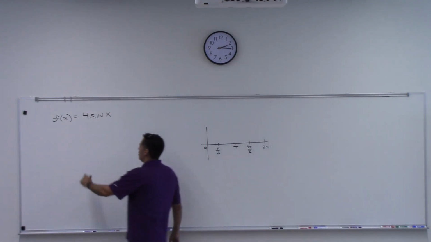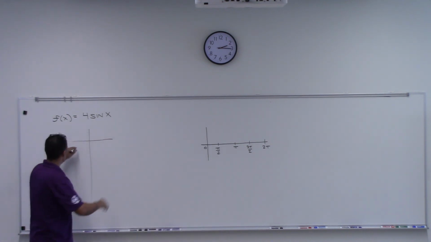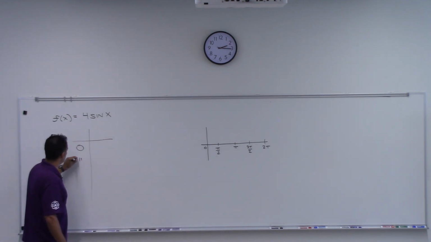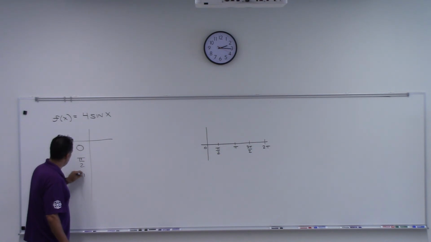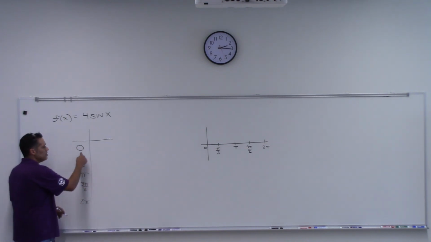So think about what a t-table would look like here at our quadrantals. Here's 0, pi over 2, pi, 3 pi over 2, and 2 pi. So if I plug 0 into this,